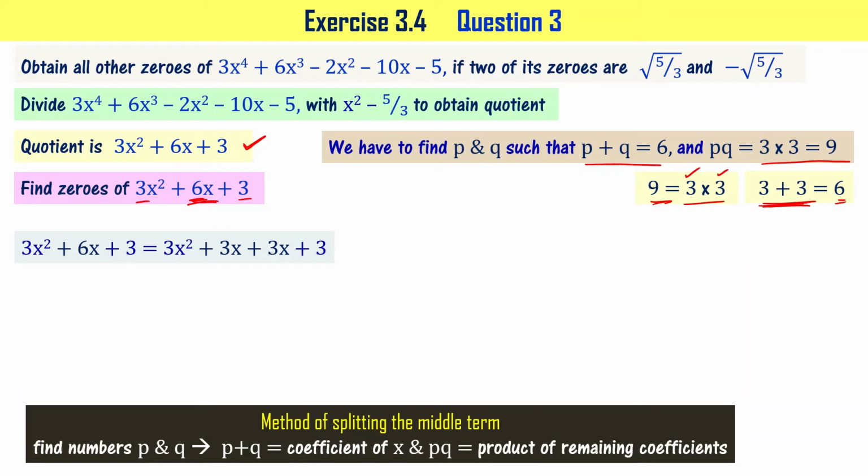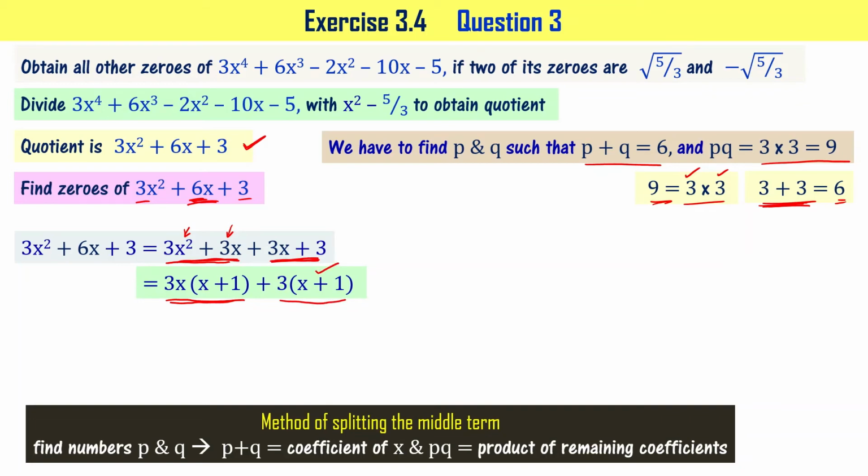3x plus 3. Now what I'll do is I'll consider these two terms and take 3x as the common factor out, right? I can do that. From these two terms, I'll take plus 3 as the common factor out. When I take 3x as the common factor out from these two, what I get is 3x times (x plus 1), right? From here you will get x and from here you will get 1, right? That's how we have written it as 3x times (x plus 1). When you take 3 as the common factor out, you will get 3 times (x plus 1).